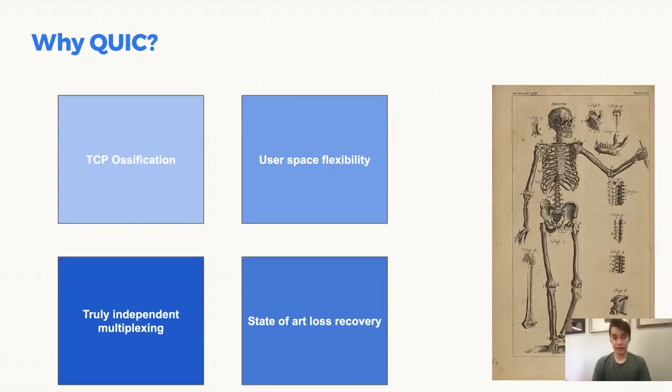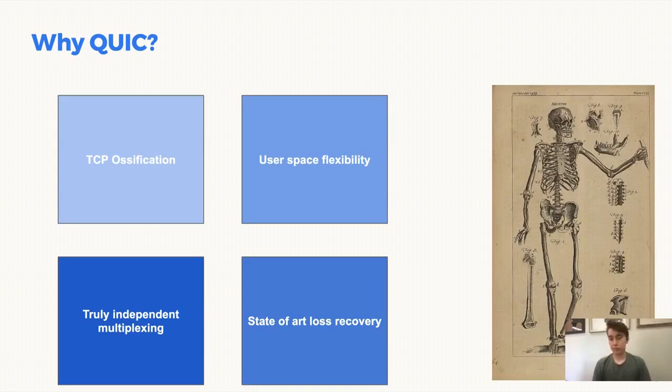Another key advantage of QUIC is since it's built on top of UDP, that allows us to implement it in user space. This is important because TCP is generally implemented by your operating system and is kind of untouchable and unchangeable. It will change slowly over time, but you don't have much control over it. It's hard to iterate on it or extend it or modify it and then experiment with those modifications.